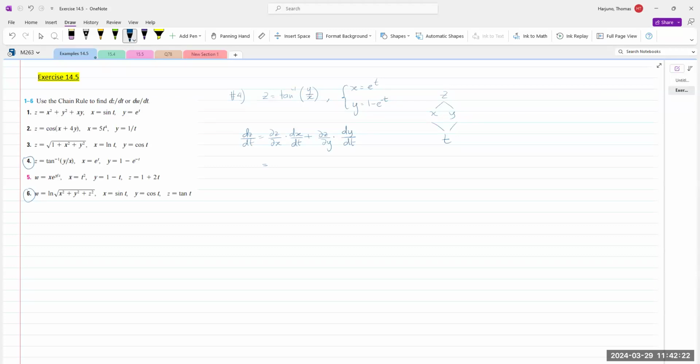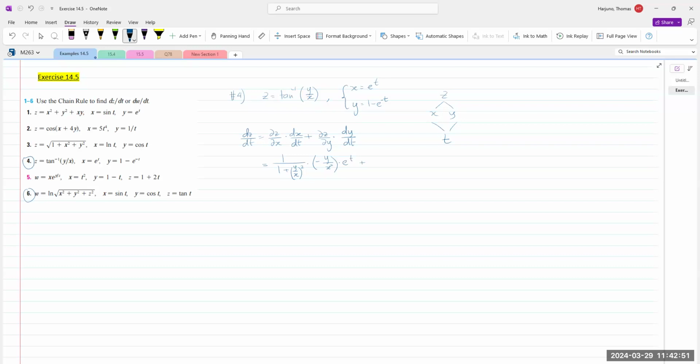This will give us the derivative with respect to x, that will be 1 over 1 plus y over x squared, and the derivative of that with respect to x will be negative y over x squared, right? That's the dou c dou x, times dx dt, which is e to the t, plus